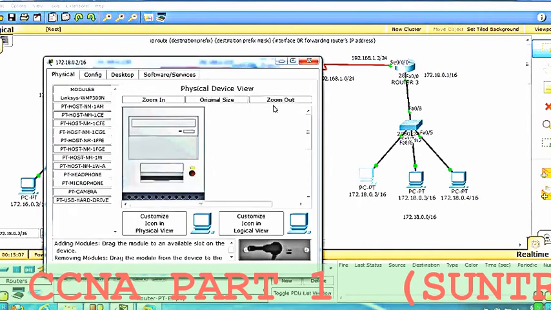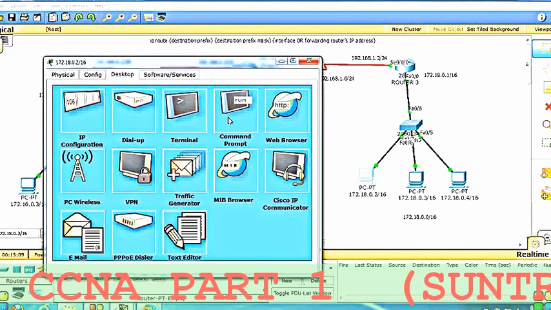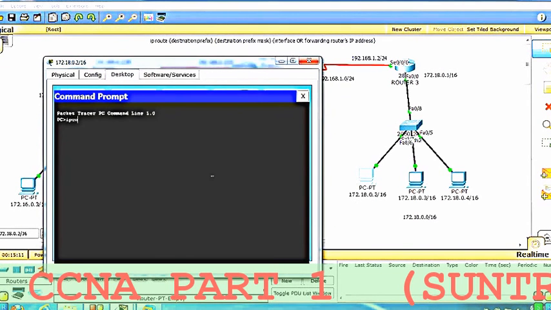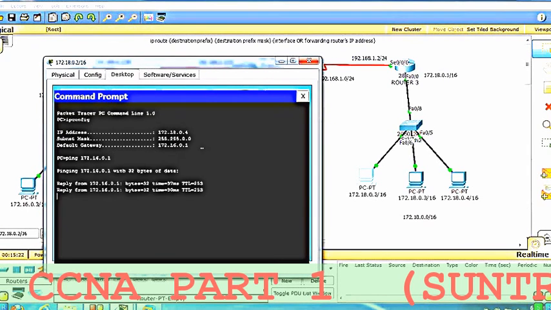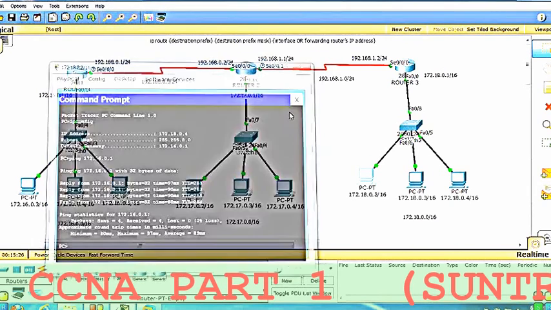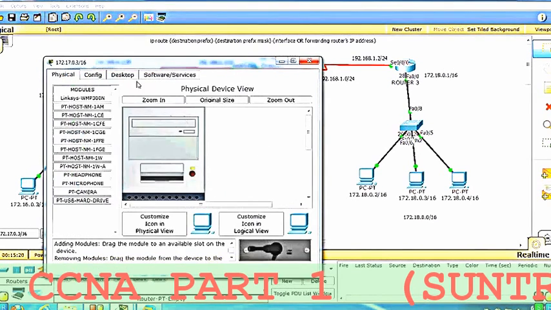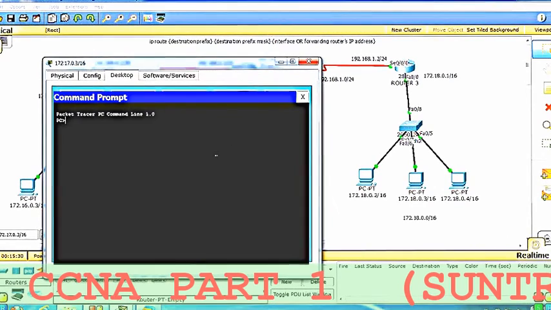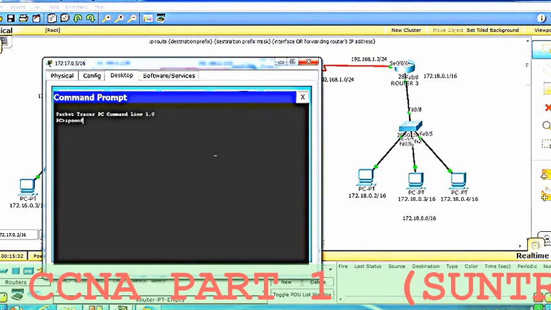Now let's check the connectivity. I'm on this network, and with ipconfig my IP address is 172.18.0.4. I'm trying to connect to 172.16.0.1. I'm getting a reply from this network, and now I can also ping from this PC to anywhere. So I can say that my static routing is successfully configured.